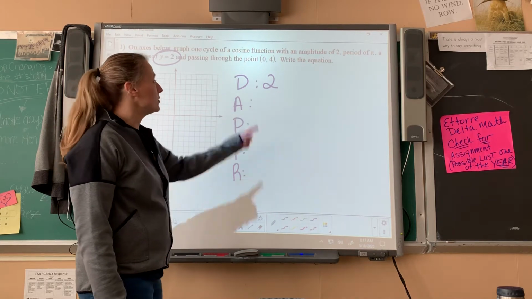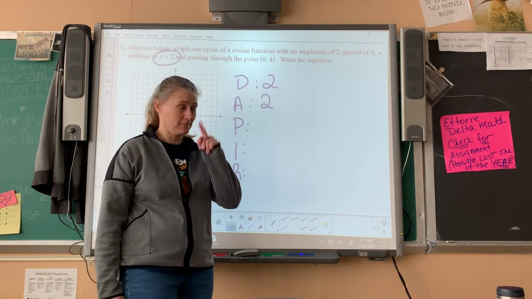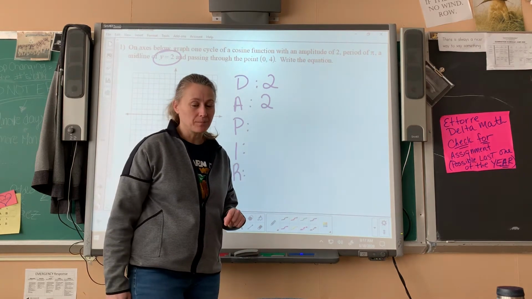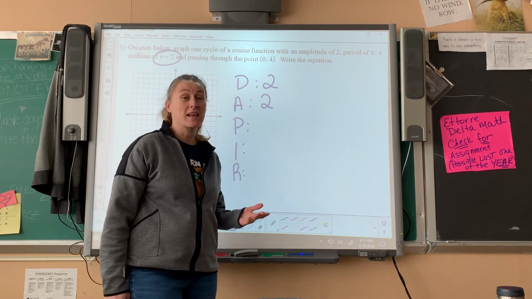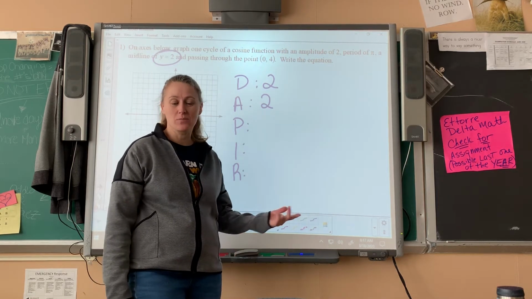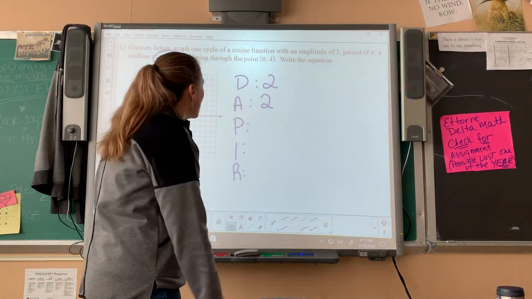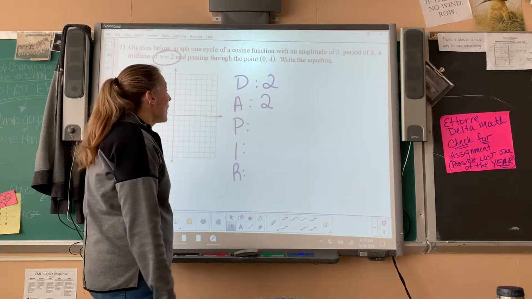So remember, D is this guy. That's D. The midline is always your vertical shift. A is your amplitude, so it tells you 2. Now you don't know yet if there's been a reflection. So we'll decide that when we go through the point. So the point is going to tell you if there's a reflection or not. So maybe I should do 2, because 2 is going to have a reflection. Shocking. A period of pi,